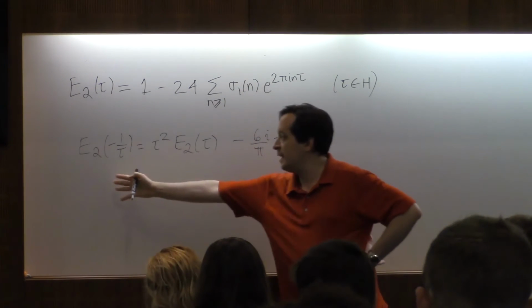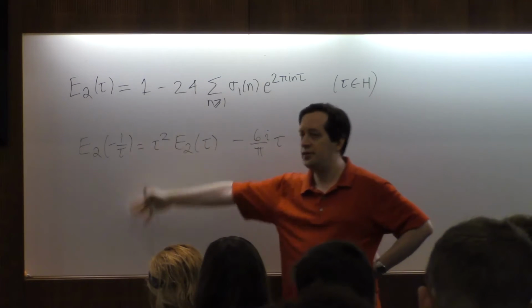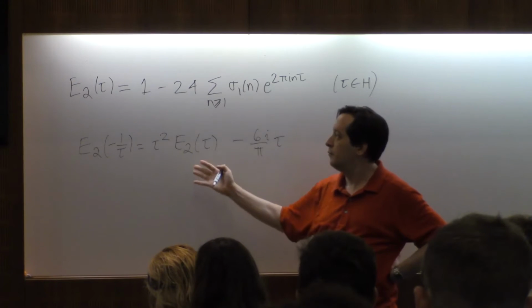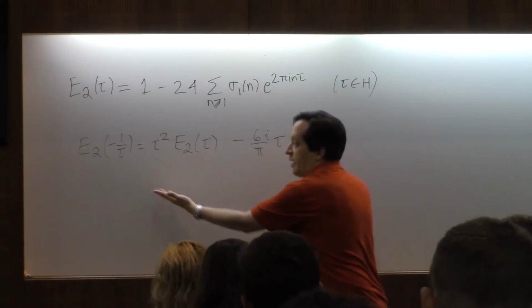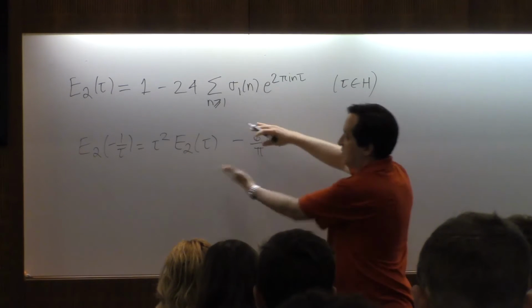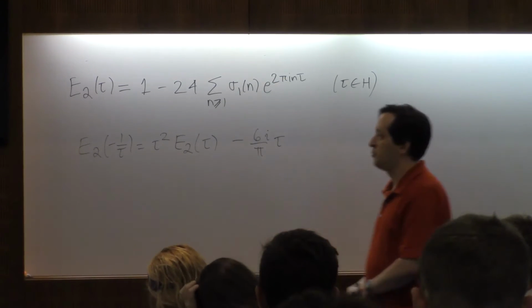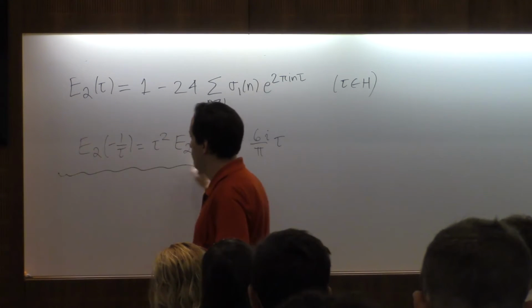And if you scale it by, I think, 3 over pi, you can make this correction term match. Then the difference actually satisfies the weight 2 transformation law for tau to tau plus 1 and for minus 1 over tau. But that correction that cancels out this term is not holomorphic, so you have to write non-holomorphic modular forms. But an alternative, and I had mentioned this is what brought up modular forms for subgroups, was if you take 2E2 of 2 tau,